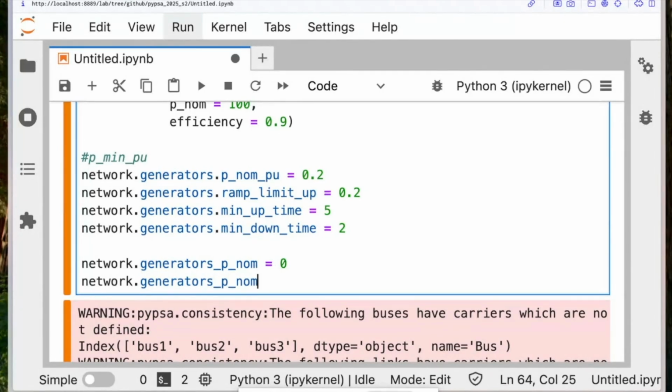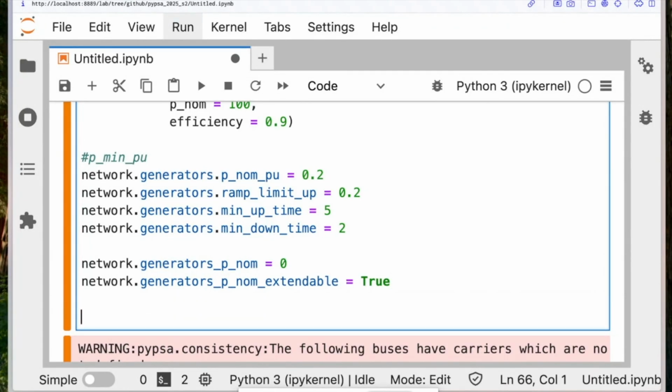Generators P nom extendable is true. Then PyPSA will decide its capacity, right? However, to make sure that PyPSA decides its capacity, we need to add some more information, which is basically investment cost. Network generators,